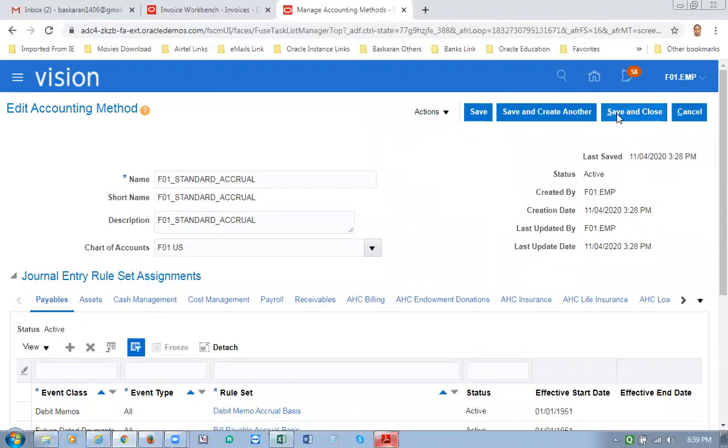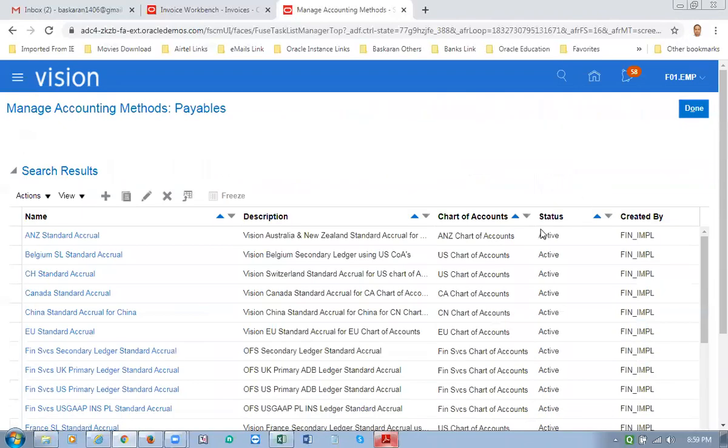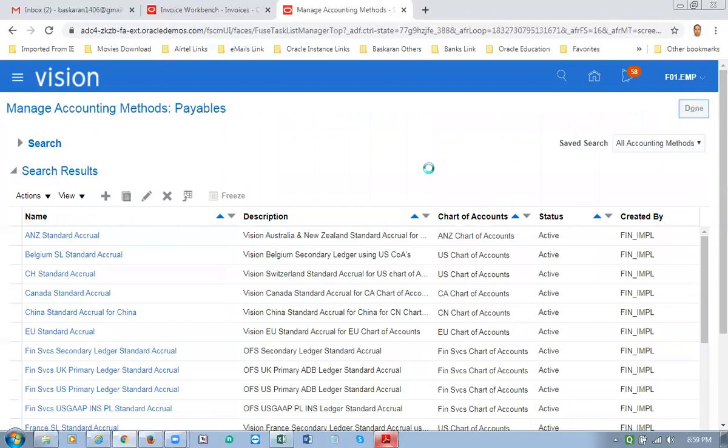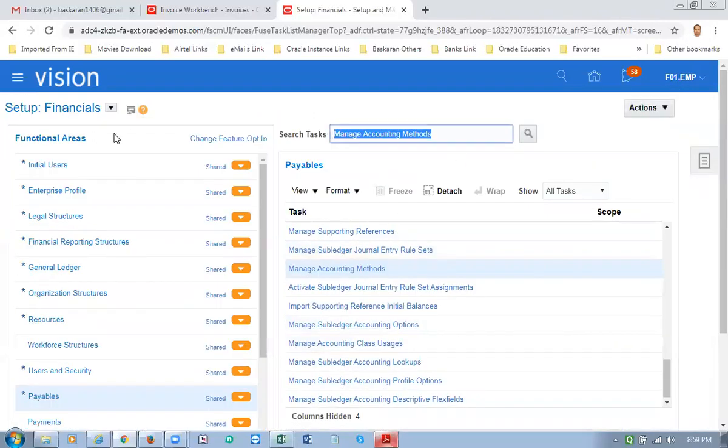Then save and close. Ensure this should also be active. So let me click on done. What is the next step? Let me move on to